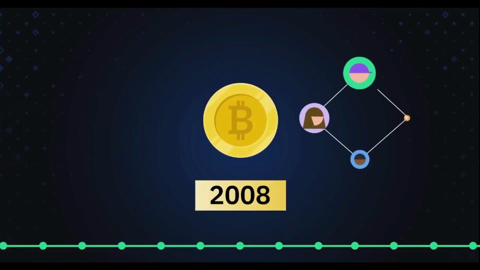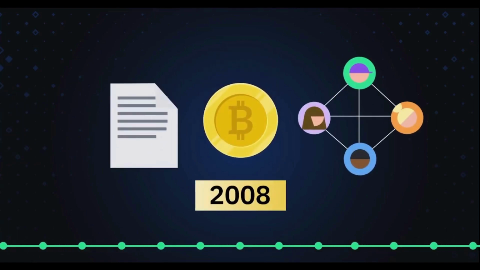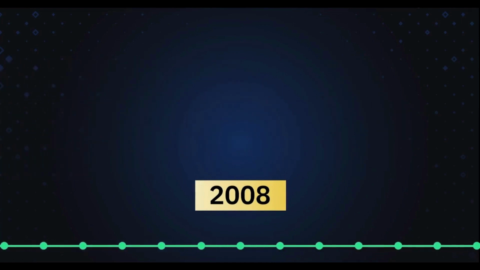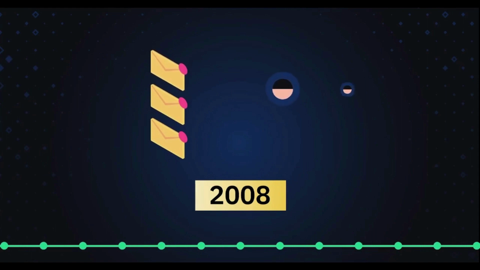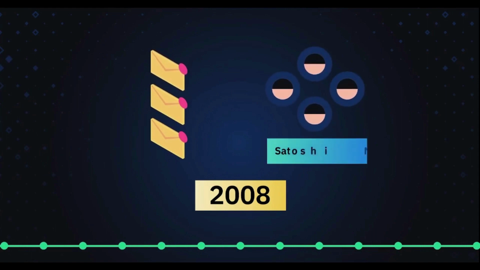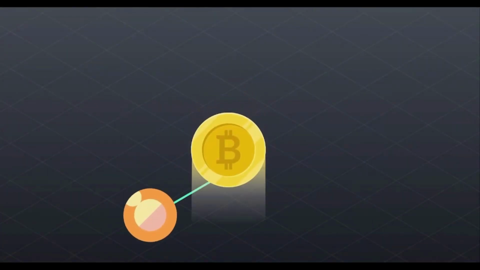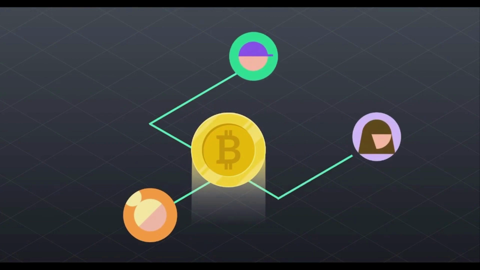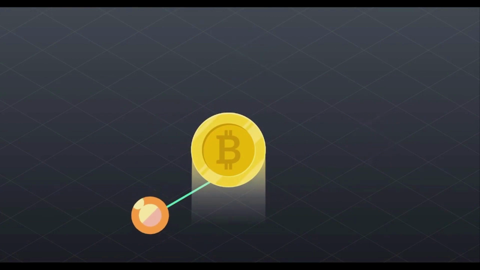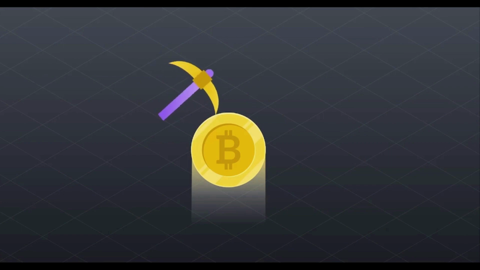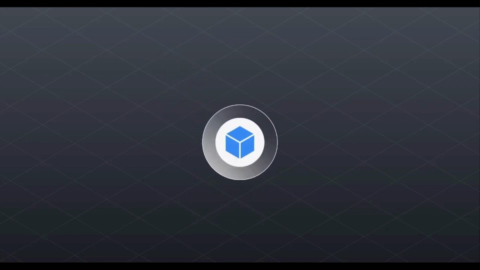Then, in late 2008, a white paper introduced a decentralized peer-to-peer electronic cash system called Bitcoin. The white paper was posted to a cryptography mailing list by a person or group using the pseudonym Satoshi Nakamoto. Bitcoin solves the double spending problem with a decentralized peer-to-peer protocol for tracking and verifying transactions. In short, Bitcoins are mined for a reward using the proof-of-work mechanism by individual miners, and then verified by the decentralized nodes in the network.